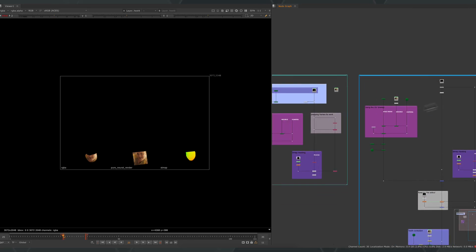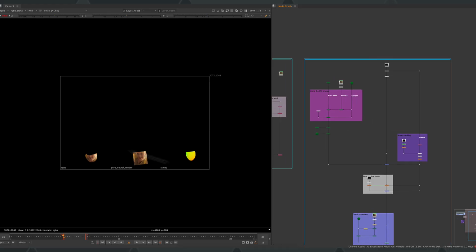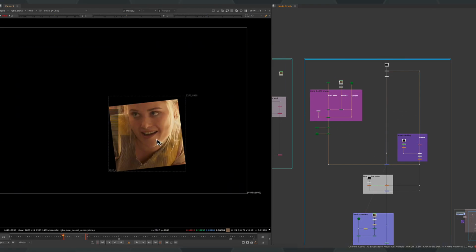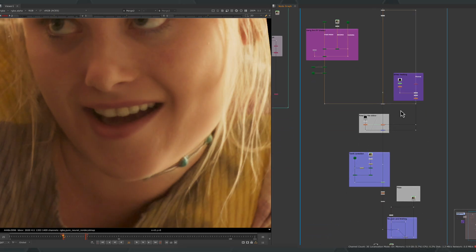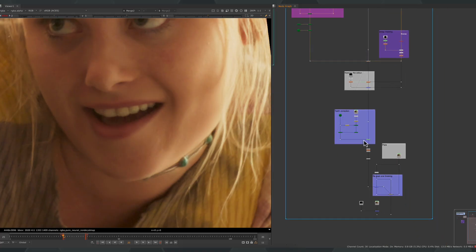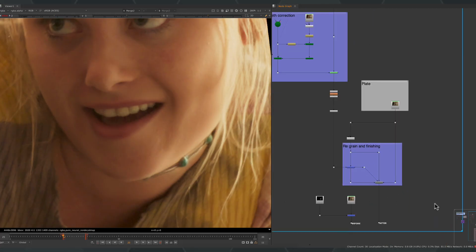Then we looked at some of the techniques we can use to fix up this output that we have. So we did the unwrap rewrap to get that skin texture looking better. We covered how you might use the ST map to create some procedural masking. And then we looked at correcting teeth position. And then here we are.